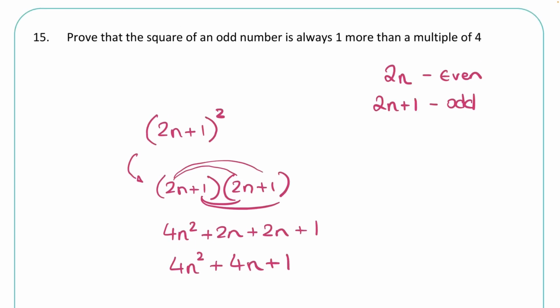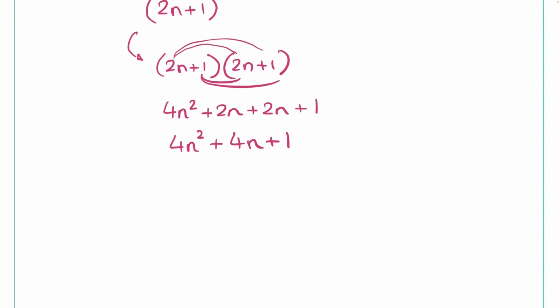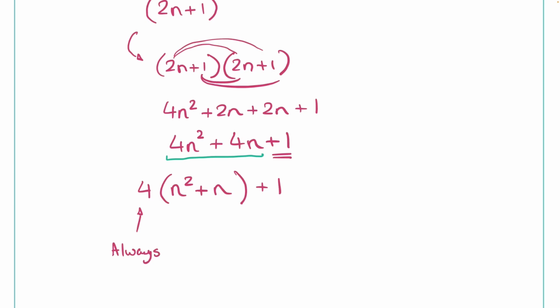Now it says to show that it's always 1 more than a multiple of 4. So you can probably see at this expression how it's always going to be 1 more than a multiple of 4 because we have this plus 1 at the end. But the way of showing that is to take the bits that can divide by 4, these bits here, and we're going to factor the 4 out, or factorise 4 out. So we get 4 lots of n squared plus n, close bracket, and then we'll just leave that plus 1 at the end. So we can say here that this will always be a multiple of 4, and then always plus 1